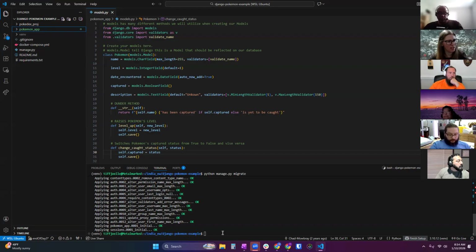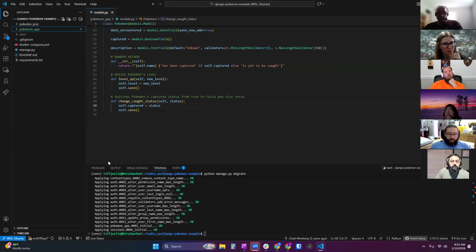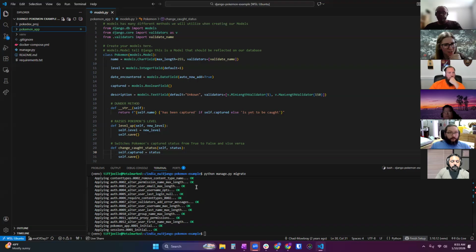So that hierarchy sometimes gets a little messed up if you create it in a separate app, because it's going to run those at the same time. Does that make sense? It's going to try to create those tables at the same time because they're in separate files. So you can absolutely start another app and it will work.